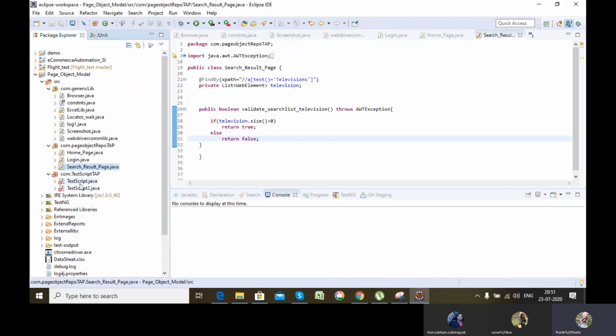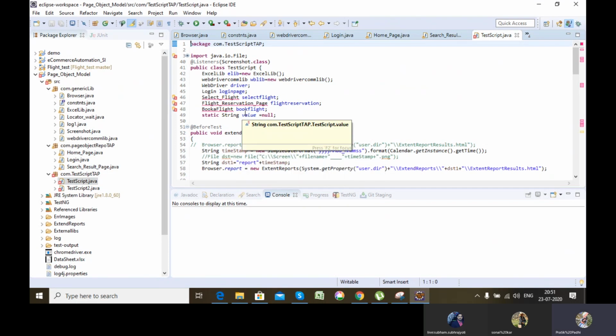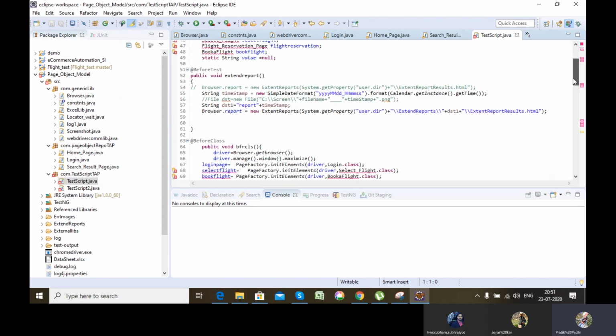For designing a test case, we'll create another package, and inside that package we'll create another class where we'll be calling all the functions from these pages to design a particular test case. See, the first thing I'll be doing here is creating the object of all the common classes, the Selenium generic classes which I've created here, which I'll use as per my convenience. If I want to use them, I'll use them; else if I don't want to, I will not use them. Okay.